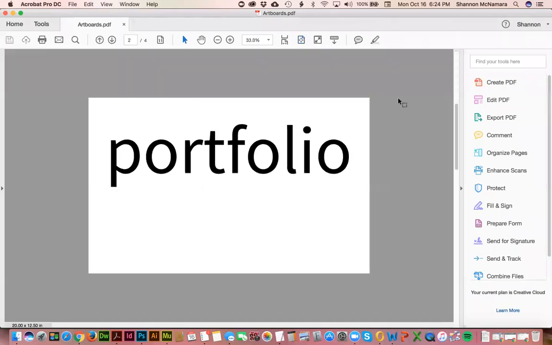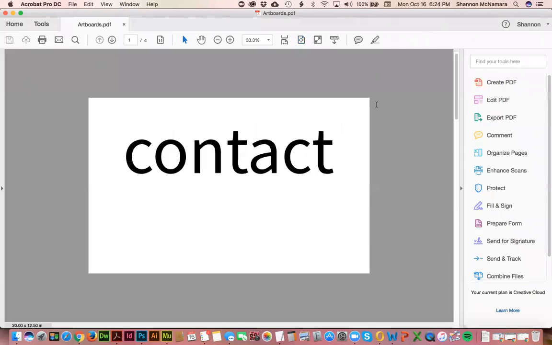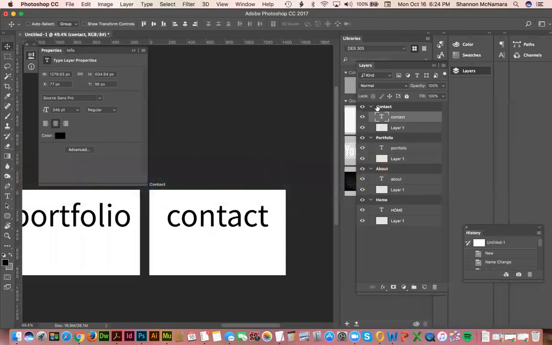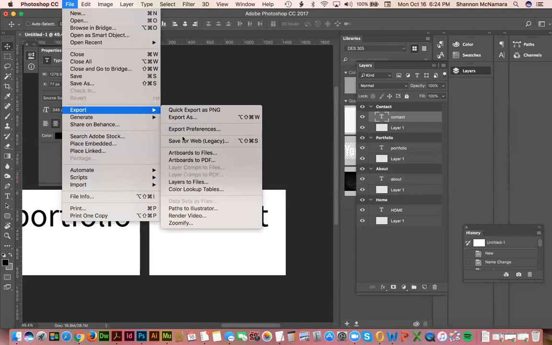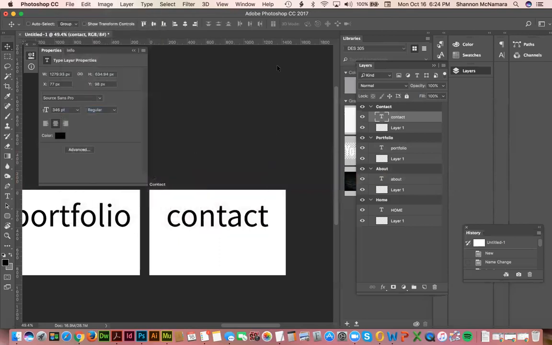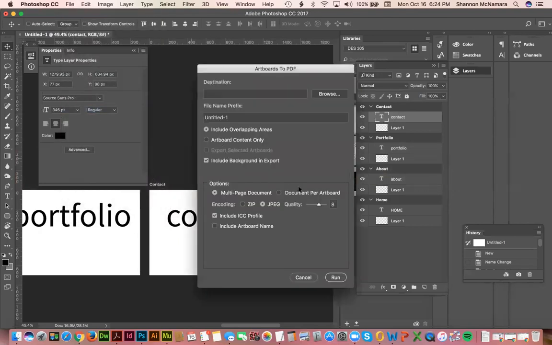And oh, this always happens. It's going to be backwards. I don't know why it does this. I feel like I figured it out once before. Hold on. Export artboards PDF. Include